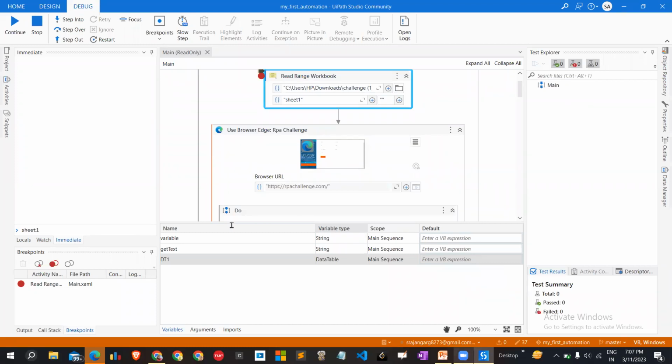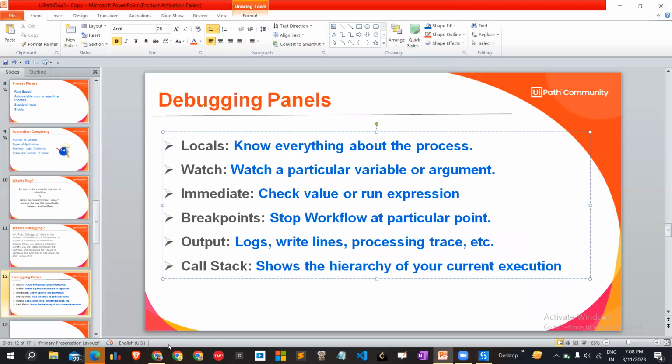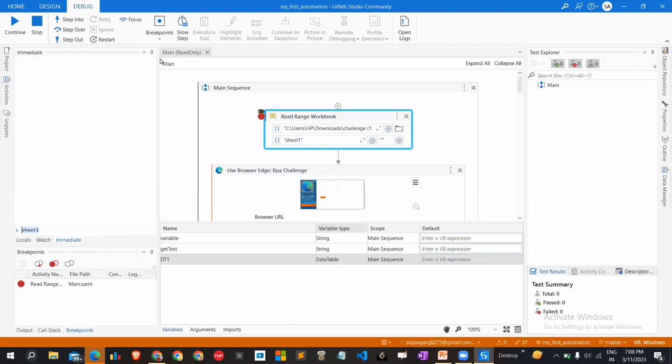Okay. So breakpoints. What are breakpoints? They stop the workflow at a particular point. Let me show you. I have put a breakpoint here, you can see. So what is the main use of a breakpoint? If you want to run a particular workflow up to a particular point, then you will just keep a breakpoint. It means your workflow is going to run until that point hits, and after that, you can step into or step over. There are some